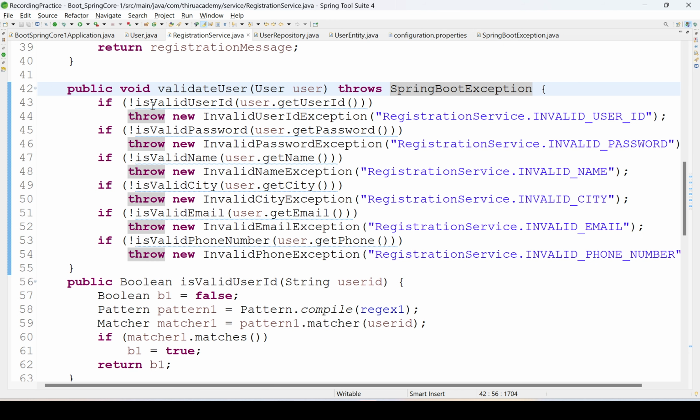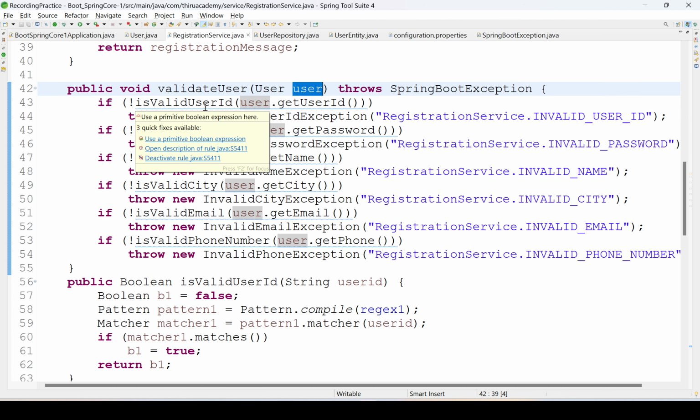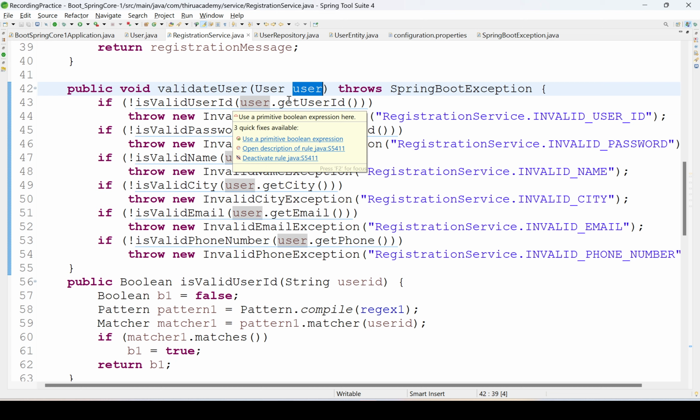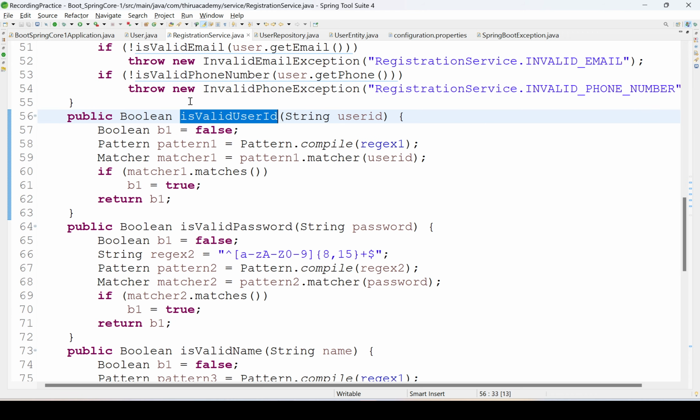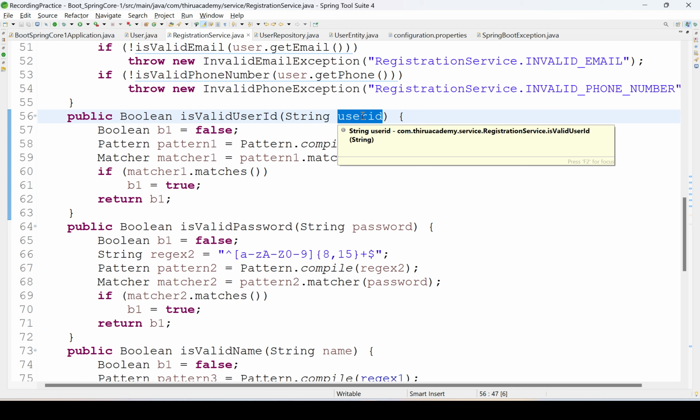Here we have the user object, right? Validating the user ID first. If not is valid user ID, user dot get user ID. We are taking the user ID from the user object and validating it. This is the method we are calling. It returns a boolean value, true or false. I'm opening this method, isValidUserID. It is taking that user ID